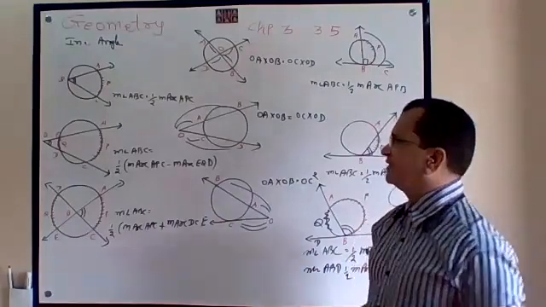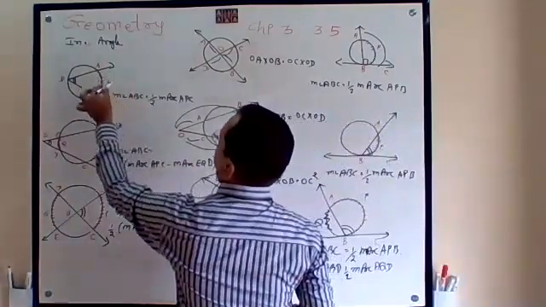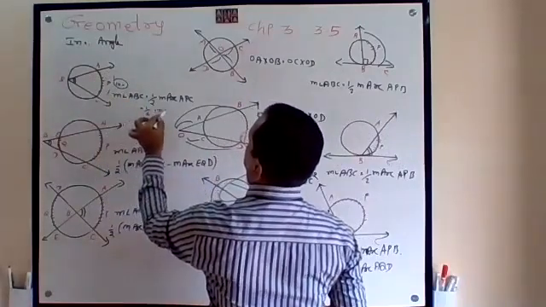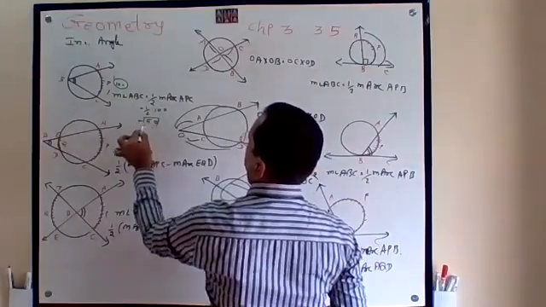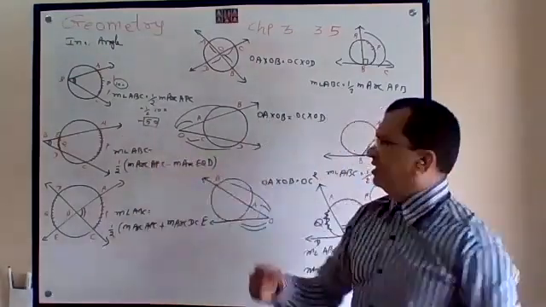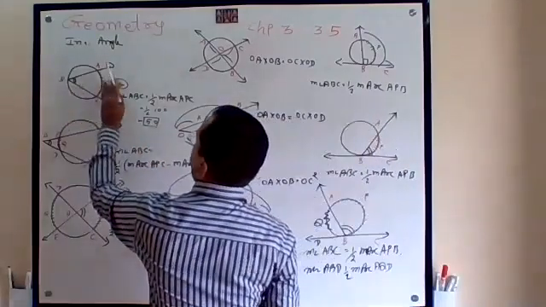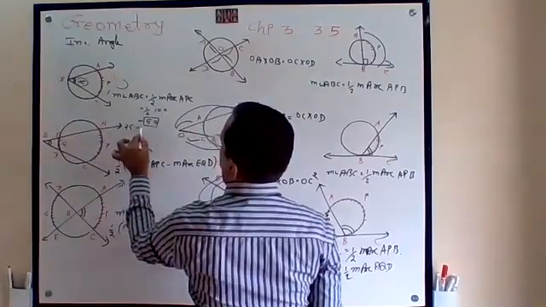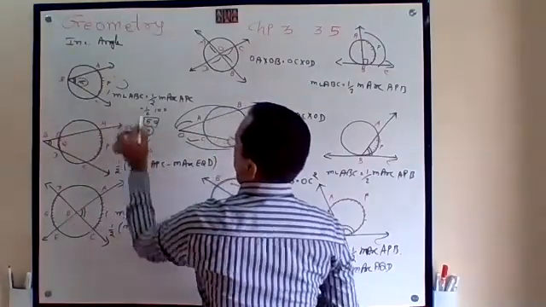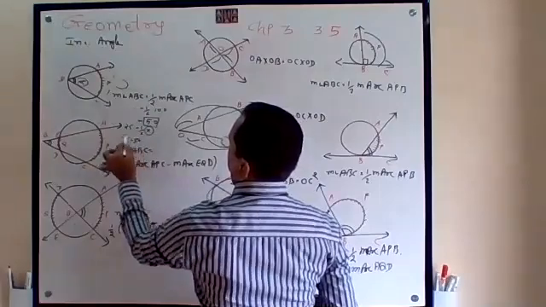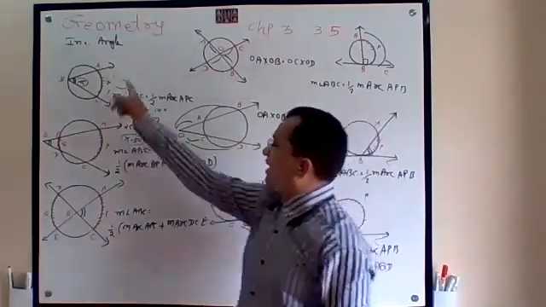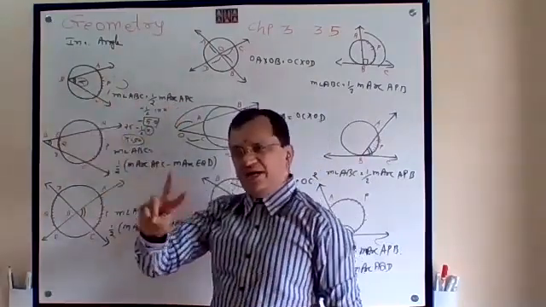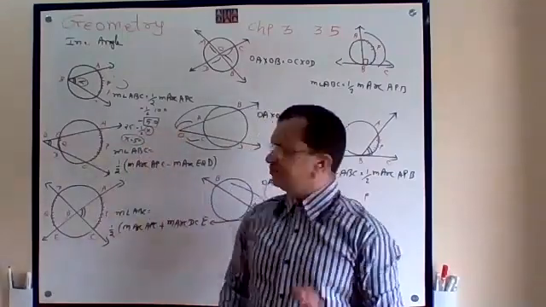Suppose we want to take all these 9 formulas, we will take them by example. Suppose it is 100. So half of 100 is 50. Reversible. Suppose this is 25, that is half of x, so double. So when the arc is given 100, the angle is 50. When the angle is given 25, double, the arc is 50.